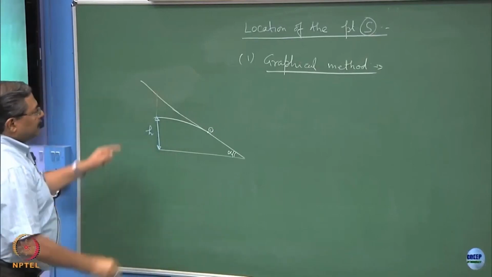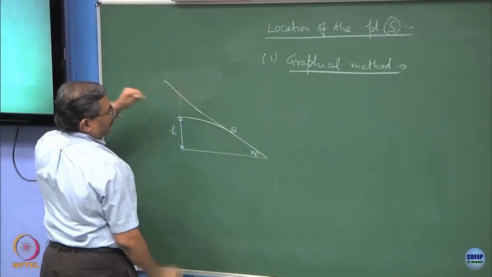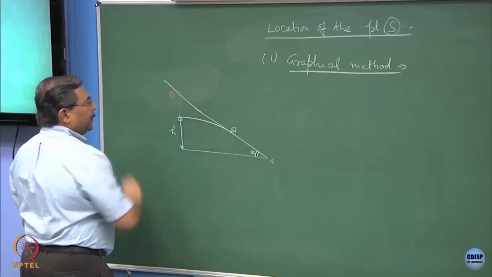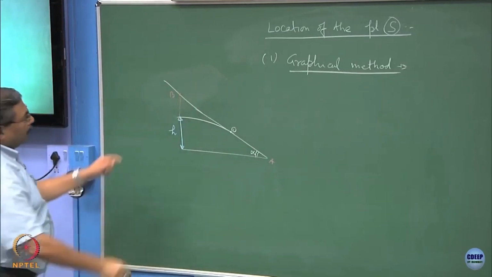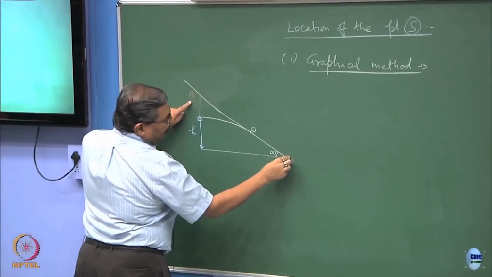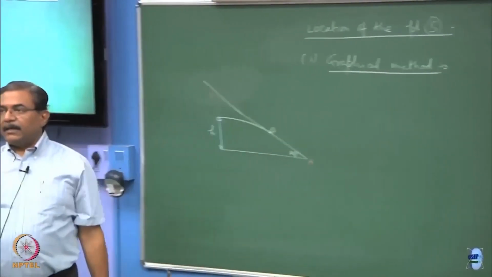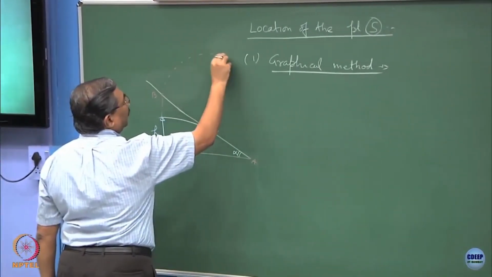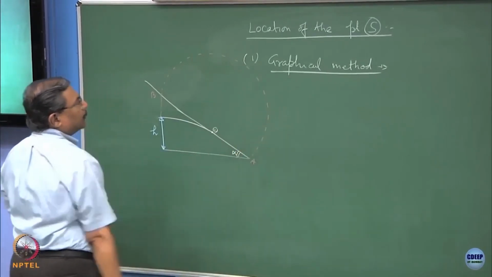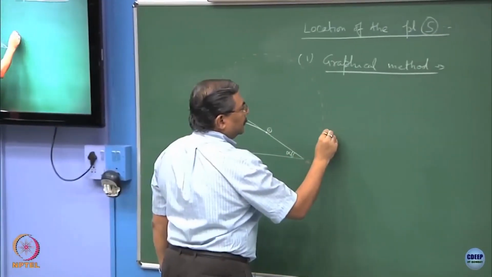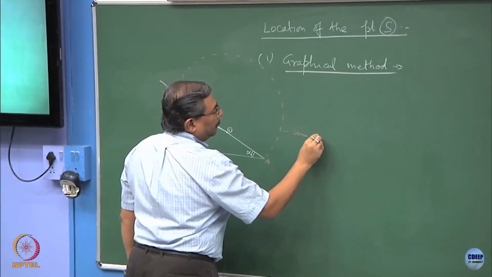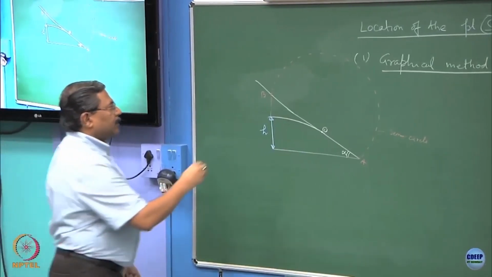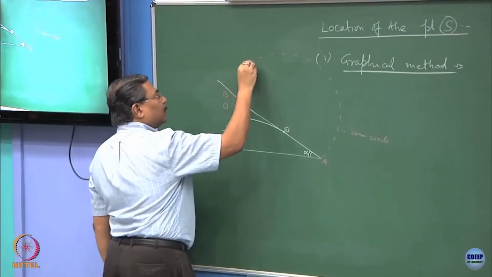Now, wherever this cuts, suppose I say this is A, this point is B, on AB draw a semicircle. Okay. So, the first step is this, number 2 step is this,